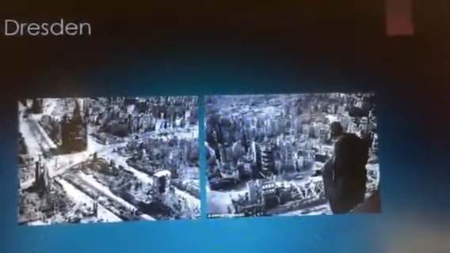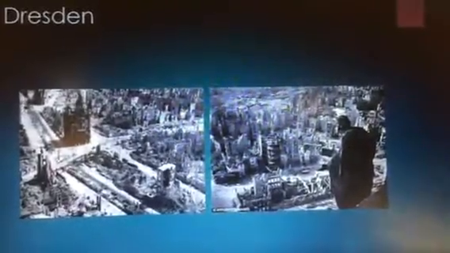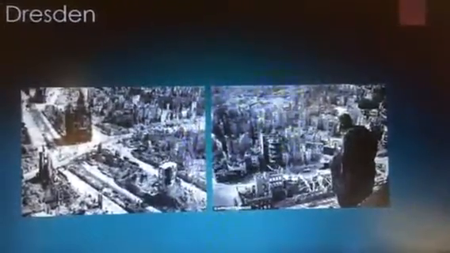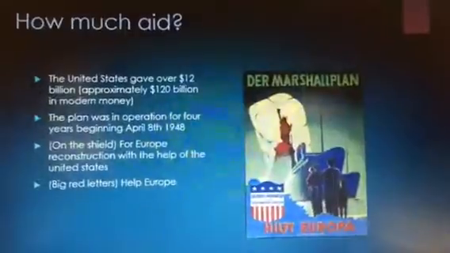These pictures here are photos of Dresden, which is a city in Germany that was very heavily affected by the war. As you can see, the city is more or less destroyed, and the people there really did need aid. And if the aid wasn't given to them, another nationalist movement could have arisen, similar to the Nazis, or Soviet communism might have influenced the country even more.